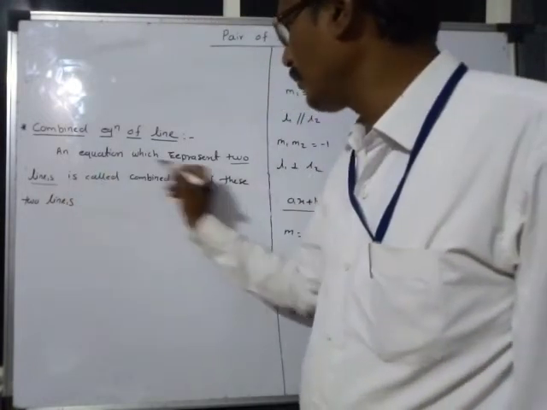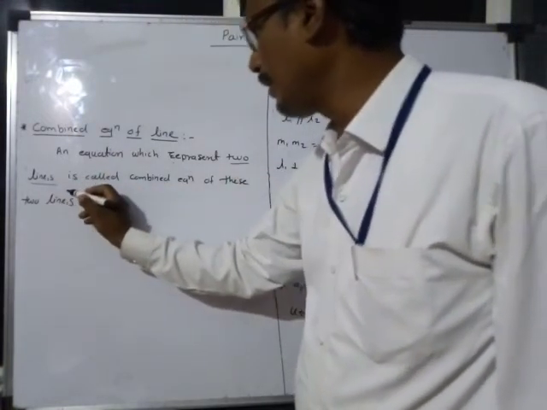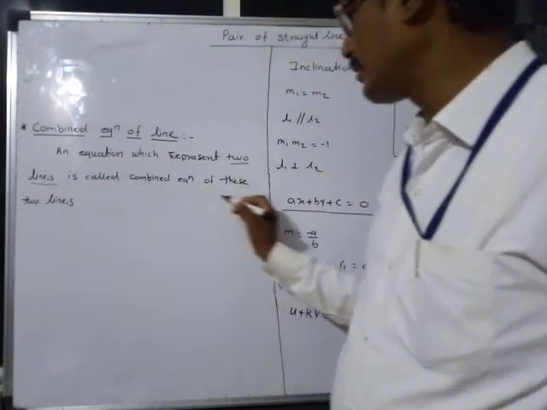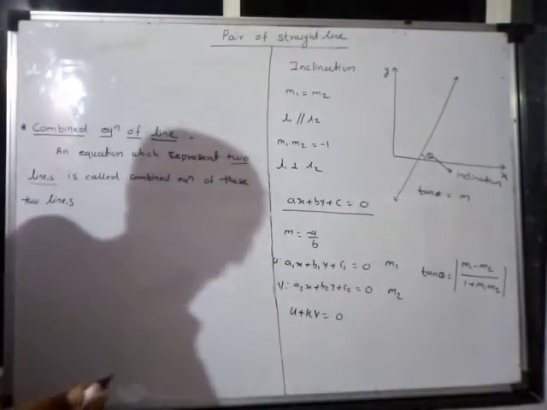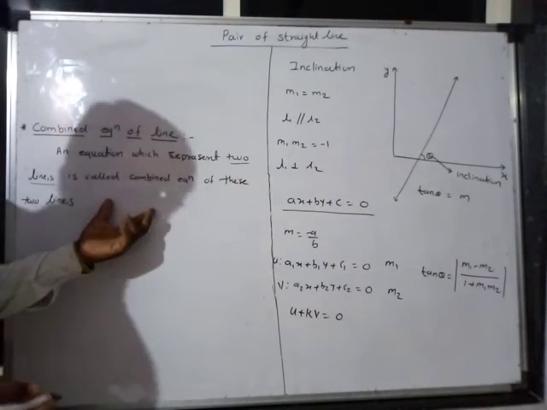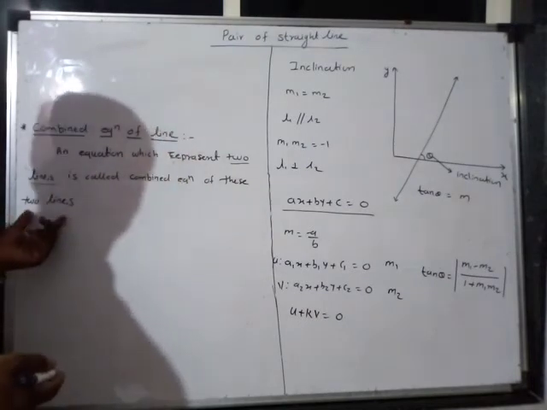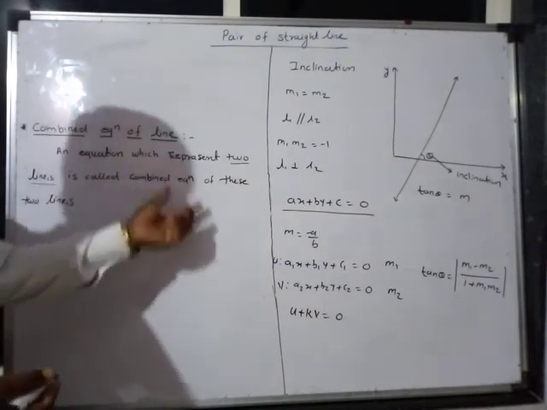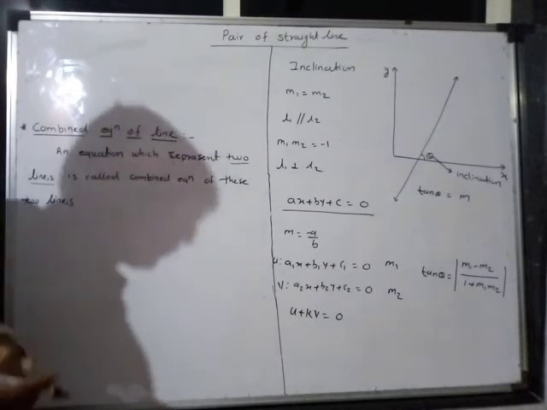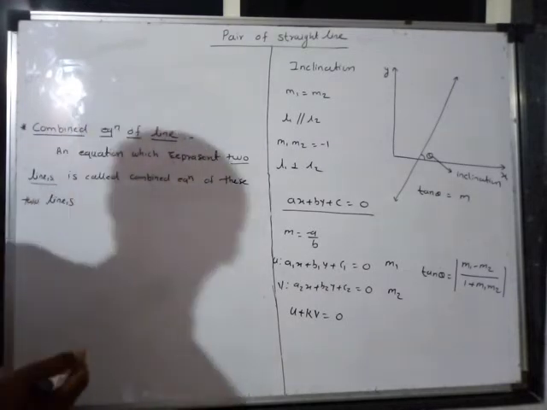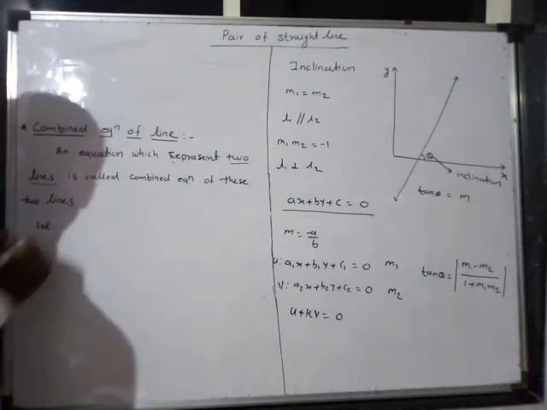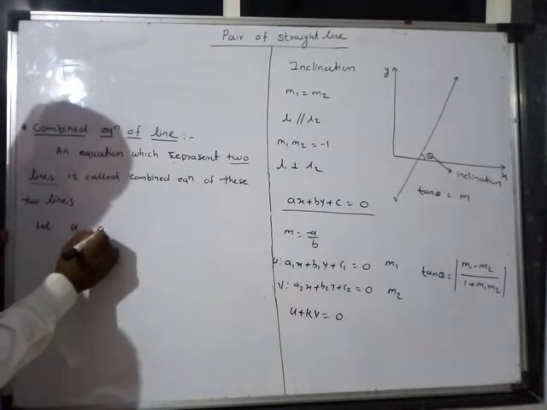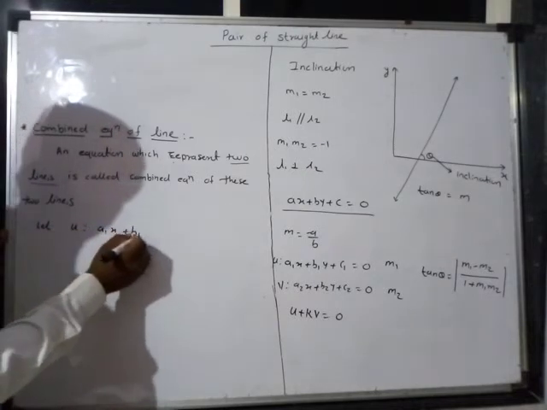An equation which represents two lines is called the combined equation of these two lines. जेव्हा एखादं इक्वेशन दोन वेगवेगळ्या सेपरेट लाईन दाखवतं त्यावेळेस त्या प्रकारच्या इक्वेशनला कंबाइंड इक्वेशन किंवा पेअर ऑफ स्ट्रेट लाईन असं म्हणतो आपण. तर आज काय म्हणतो आपण? पेअर ऑफ स्ट्रेट लाईन्स. मग समजा, let u be the line a1x plus b1y